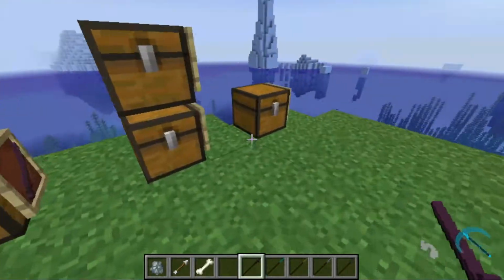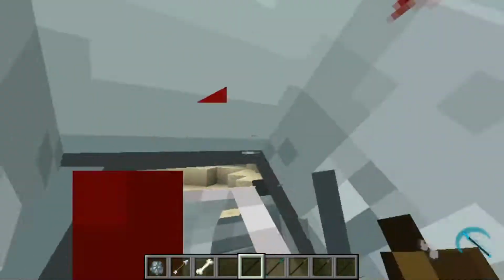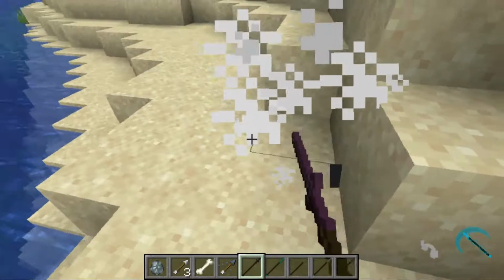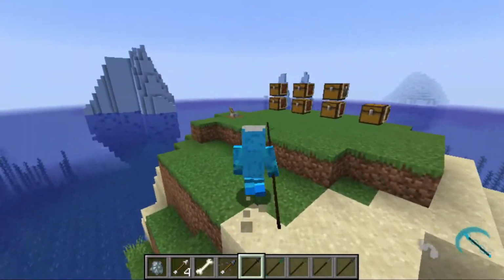Look at that. Where's the other guy? Here he is. Let me just kill him. Just flew through the sky. Look at that. Cool. He fell to the ground. That's awesome. Also, if I run with this weapon, you can see